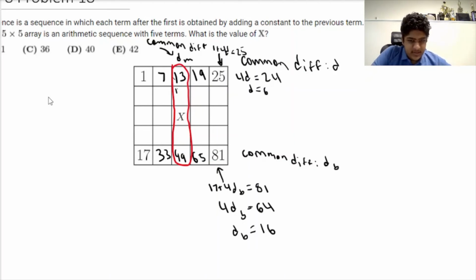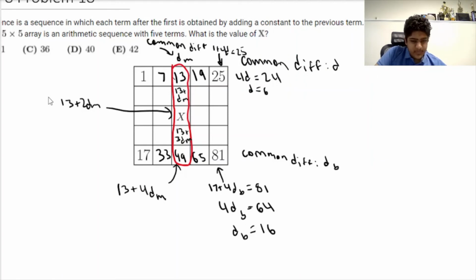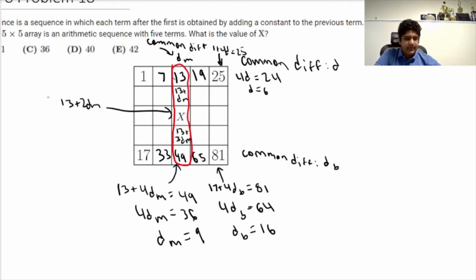So we have this is 13 plus d sub m. The x we want to find is 13 plus 2 d sub m. This is 13 plus 3 d sub m. And finally, just like the other two times, we have that 13 plus 4 d sub m is equal to 49. Subtracting 13 from both sides gives 4 d sub m is equal to 36, or d sub m is equal to 9. So now we can finally plug in these values